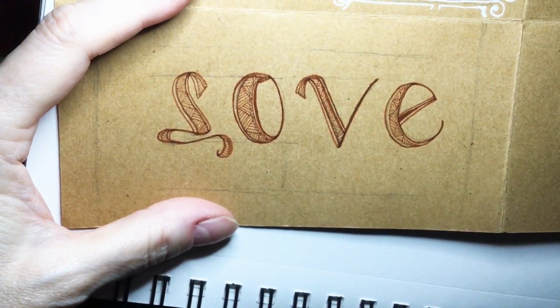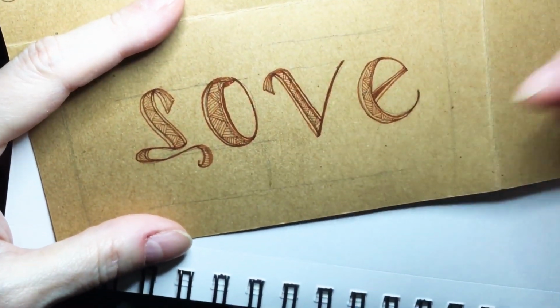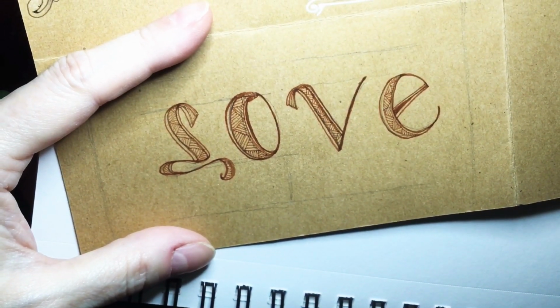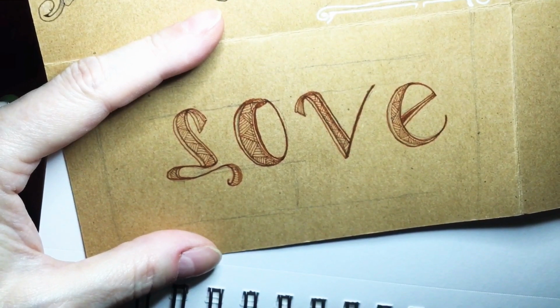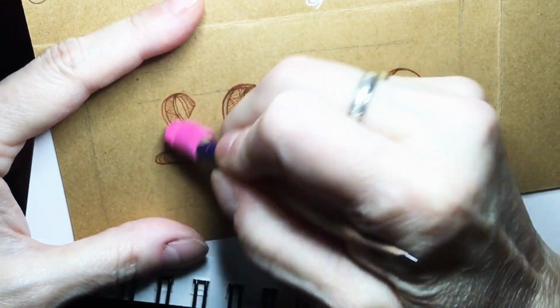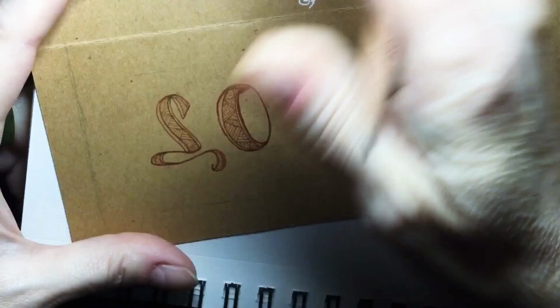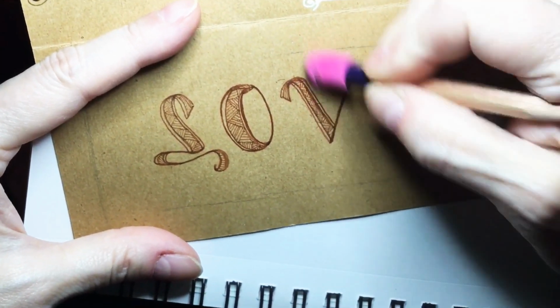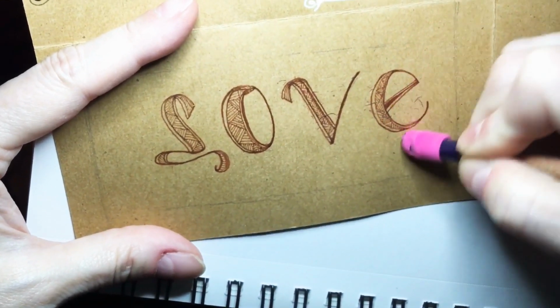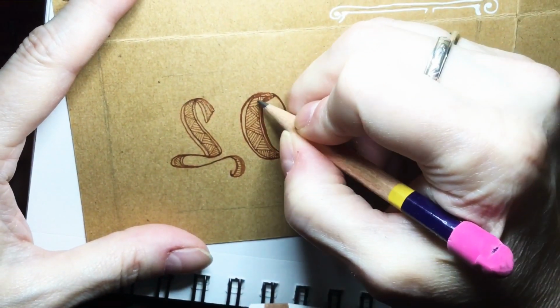So, yeah, there is our word, love. Hopefully that can pass as an L. Now, I'm going to take my pencil and I'm going to do a little bit of shading the first time around. I may come back in here and use colored pencil. I haven't quite decided, but initially I want to first come in and take out any of these pencil marks I don't want in the final amount. Once I go over something with a colored pencil,